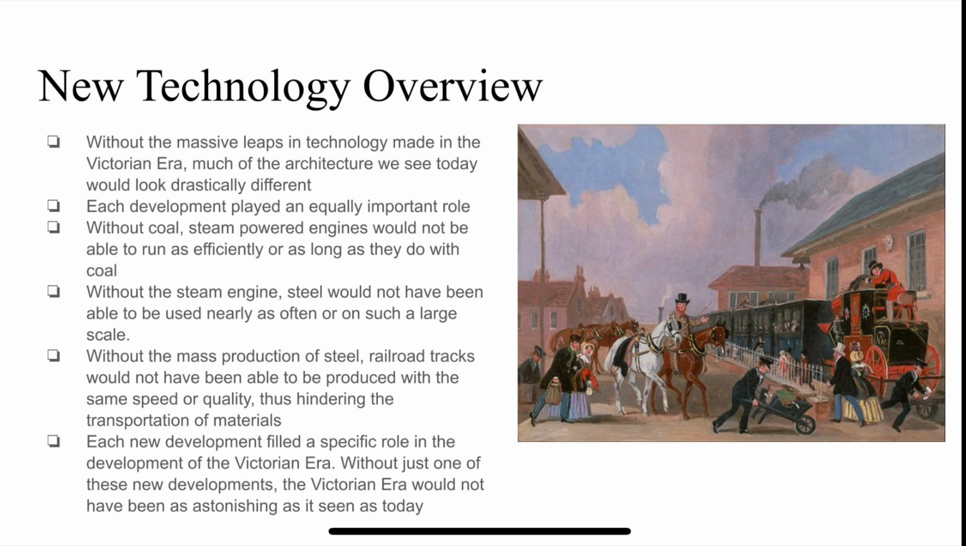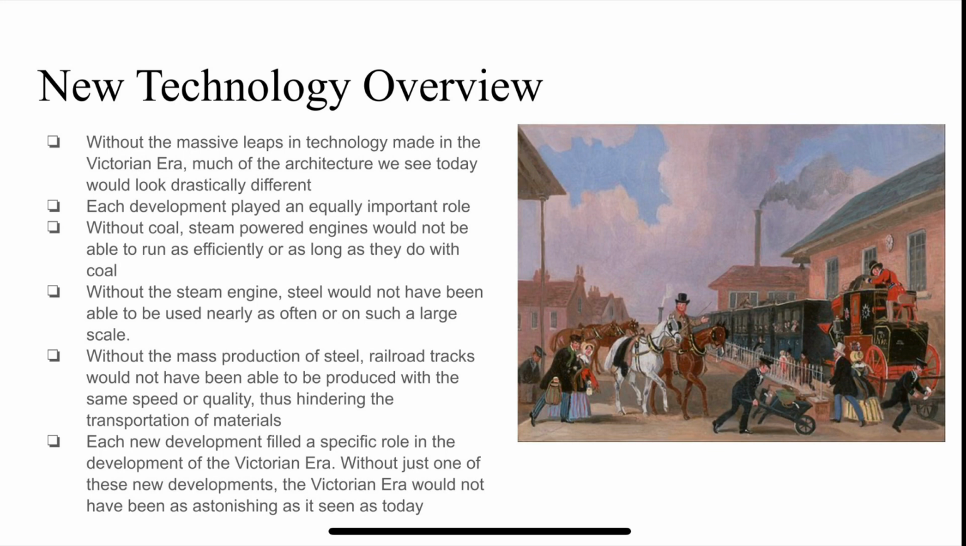New technology overview. Without the massive leaps in technology made in the Victorian era, much of the architecture we see today would look drastically different. Each development played an equally important role. Without coal, steam-powered engines would not be able to run as efficiently or as long as they do with coal. Without the steam engine, steel would not have been able to be used nearly as often or on such a